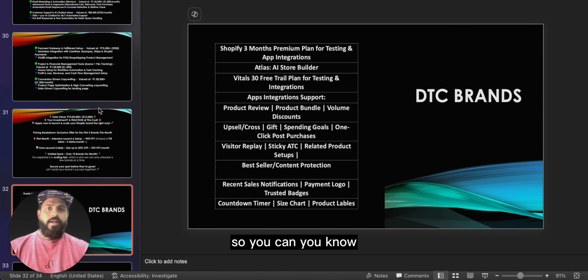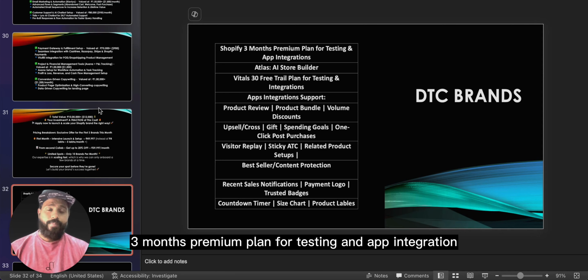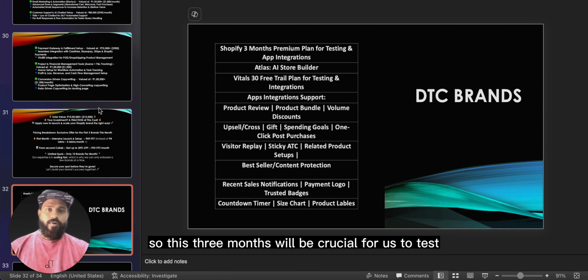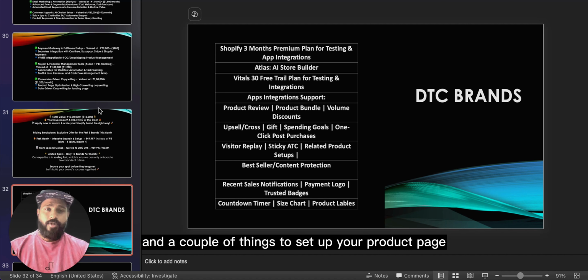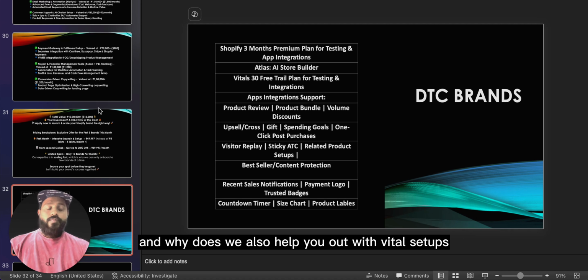We'll provide different applications and also different setups. That is, we provide you with a Shopify 3 months premium plan for testing and app integration. This 3 months will be crucial for us to test the product and also to scale it. So this is going to be really important in the first 3 months, right? And then we'll also help you out with the Atlas AI store builder and a couple of things to set up your product page, homepage, and a couple of other things, the bundles, upsell, cross-sells. And Vitals, we also help you out with